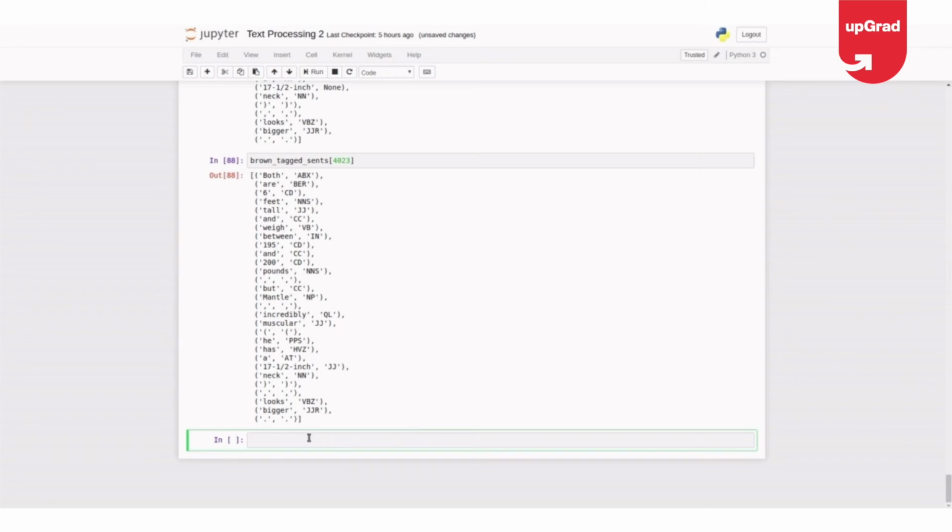It's a similar thing. Bigram tagger equals nltk.BigramTagger of my training set, which we already have.